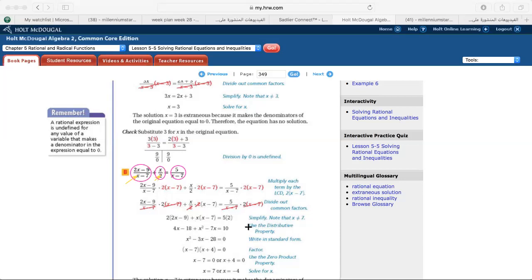Okay, then I will order the like terms together. I have x squared here, and I have 4x minus 7x, so it will be negative 3x. And I have here negative 18 and 10. If I subtract 10 from the two sides to get rid of this 10, it will be negative 28 equal to 0. So now I got the simple form that I can use to solve for x. What is left for me is the normal step: which two factors, when I multiply them together, will give me 28, and